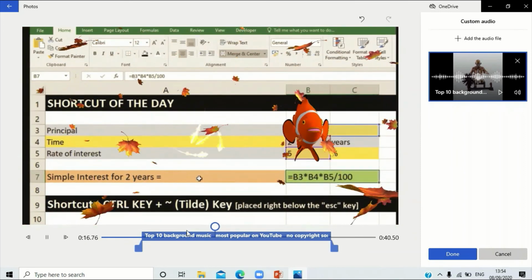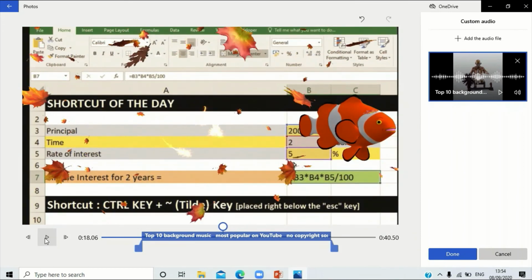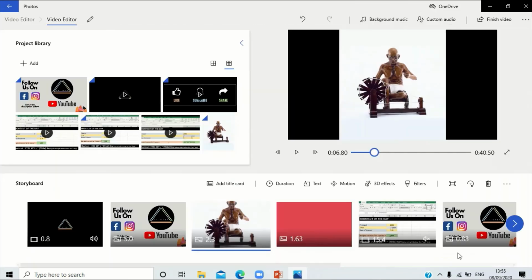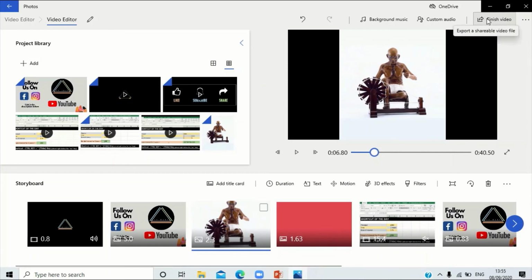So we need to just be careful with editing the sound or choosing the sound file, because it's going to just take the audio file from the starting itself. So if you have a video which you've downloaded off the internet, just crop out the portion that you want to appear in your video and incorporate the same. So now we can just click on done after we've incorporated that audio as well. And now I can just simply click on finish video.